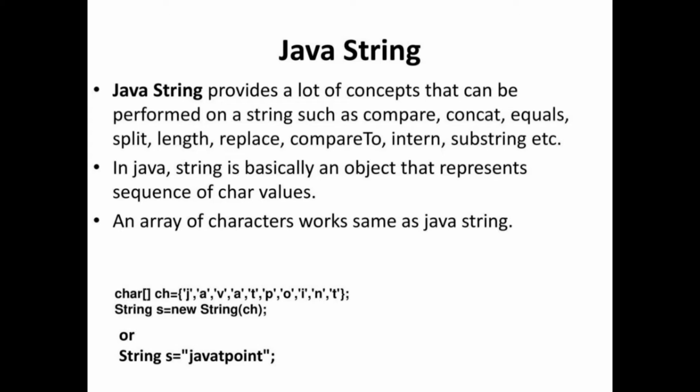And strings are created using the String class, that is String with a capital S, and s is a string name that is user defined, is equal to new, which is an operator, then write the String class name and inside the parentheses write the character array, semicolon. Or we can also create the string without using the new operator, like String class name and s is equal to, in double quotation marks write the string or message or collection of characters, and a semicolon.